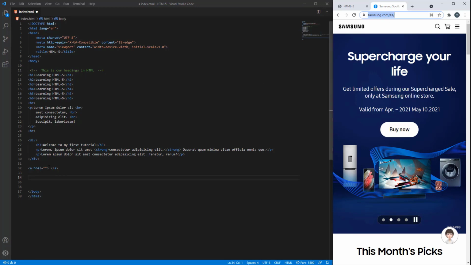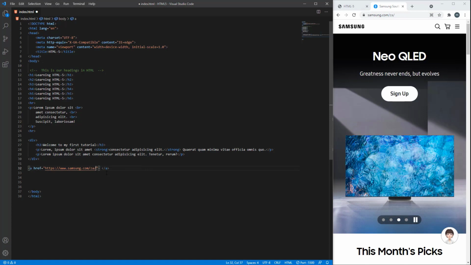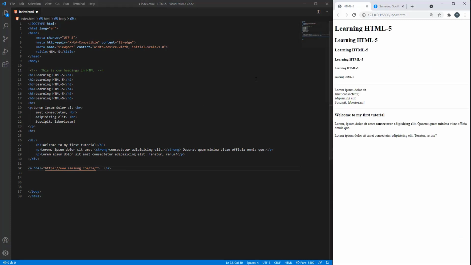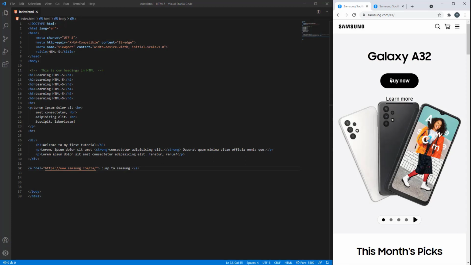You can copy it and then paste it in between the double quotation marks. Next, we just want to define the text that is displayed on our web page. We can just do "Jump to Samsung." Save our changes, and you can see we now have some clickable text on our web page,